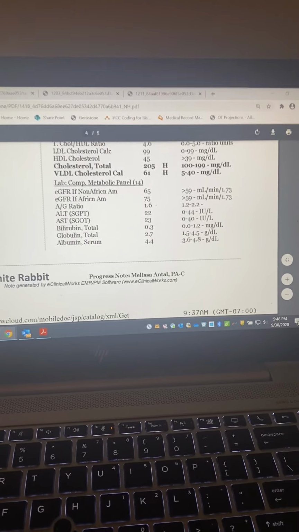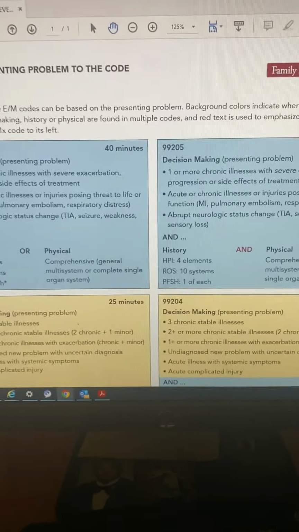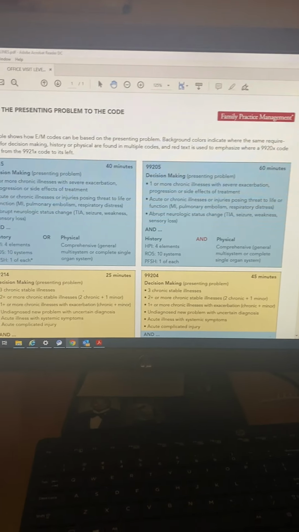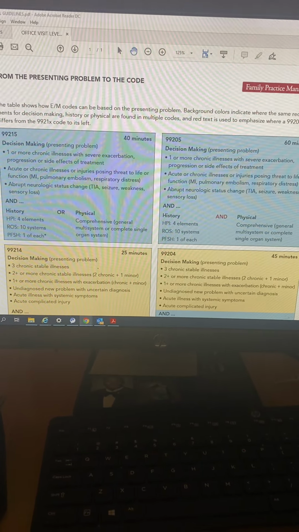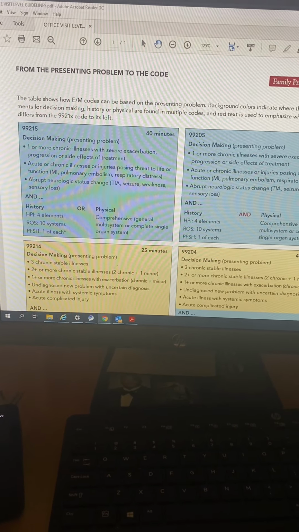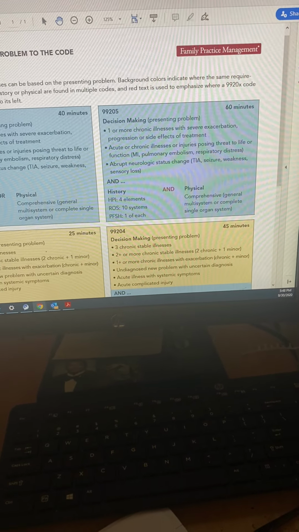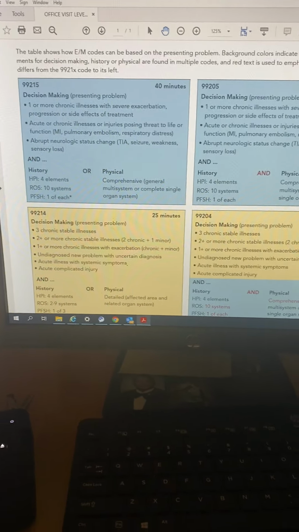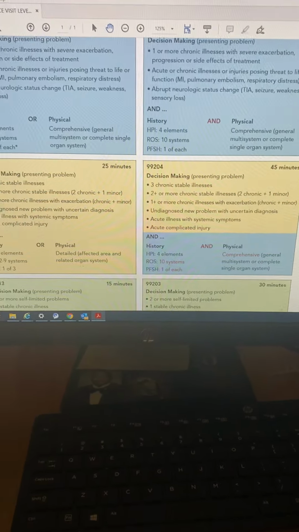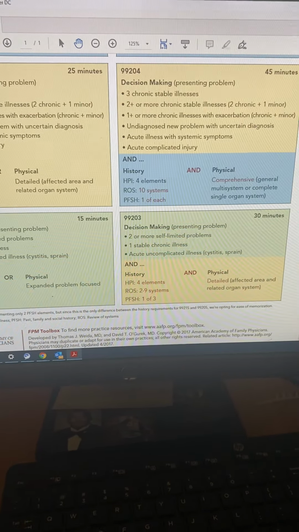So now let's head over to this E&M. Let's head on over. I got a double screen here so you can kind of see it. It should help. I'll back up a little bit so you can see it. Okay. So from the presenting problem to the code. I'll start over here. You see where we have 99215, 99205. You see where we have 99214, 99204. We have 99213. We have 99203. So that's going to be